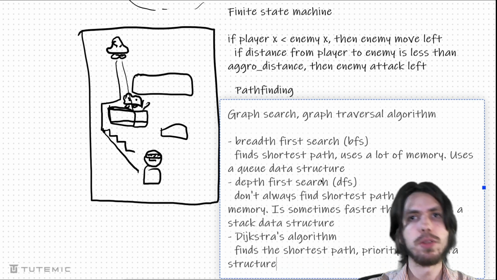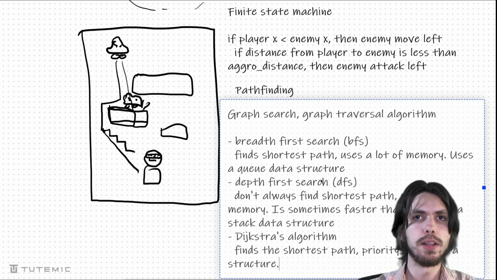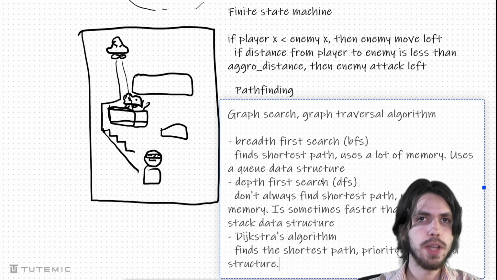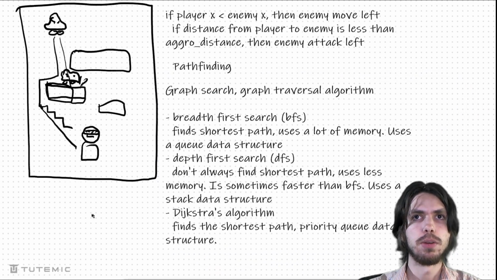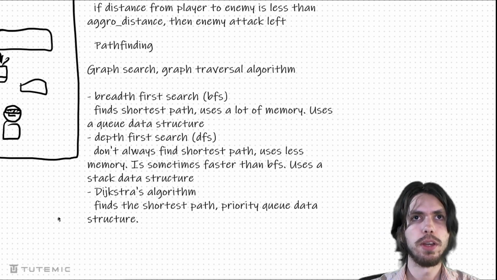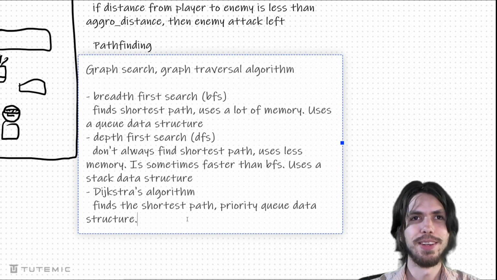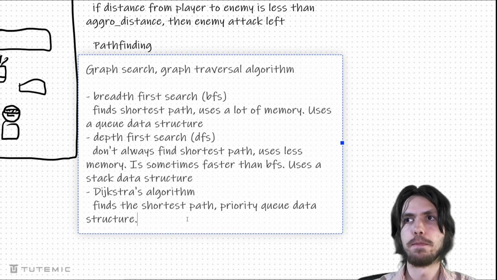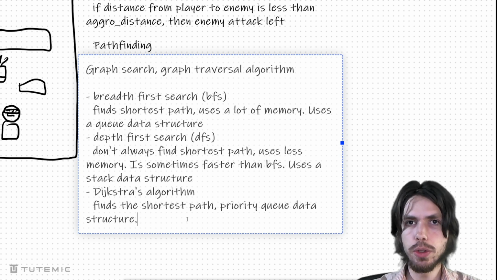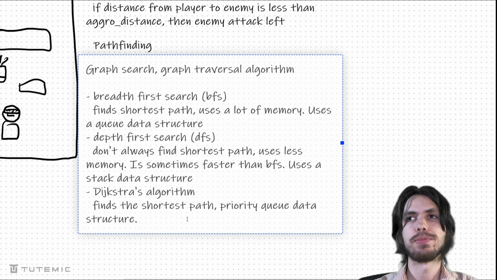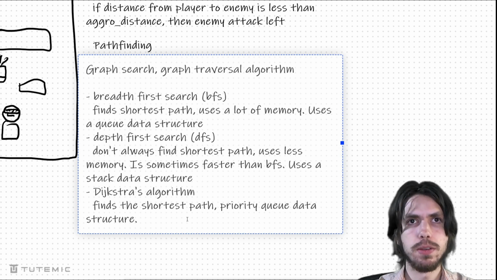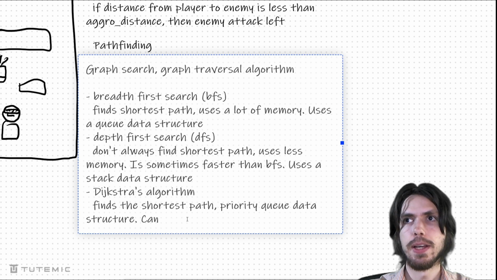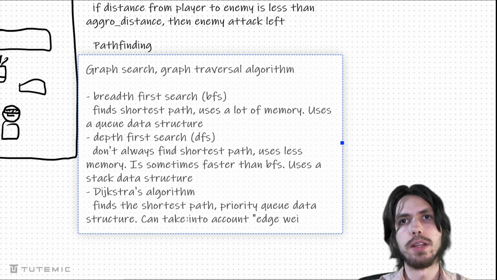So basically how this works, and how it's different from breadth first search, is that unlike breadth first search, Dijkstra's algorithm is, oh my gosh, is my face in the way of this? Okay, hopefully you can see this now. Anyway, Dijkstra's algorithm is able to include what we call edge weights. It can take into account edge weights.